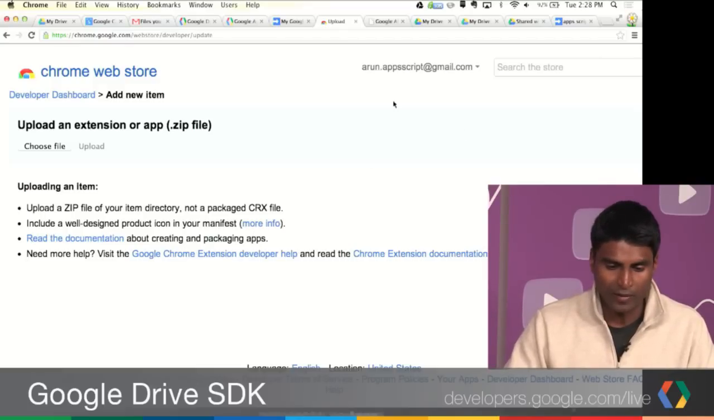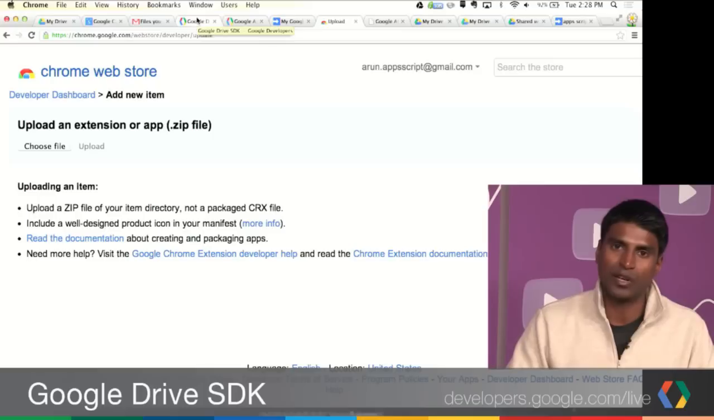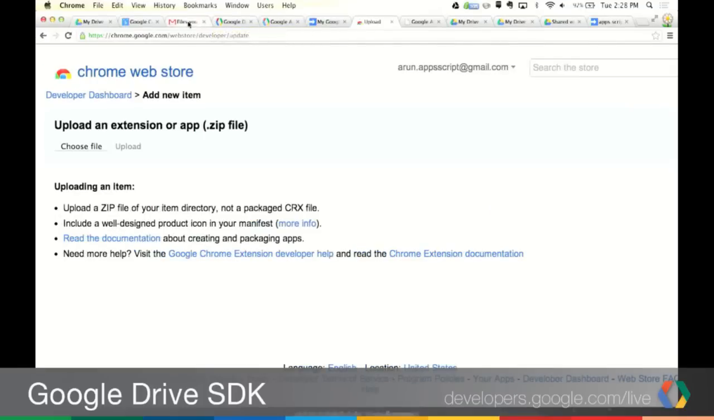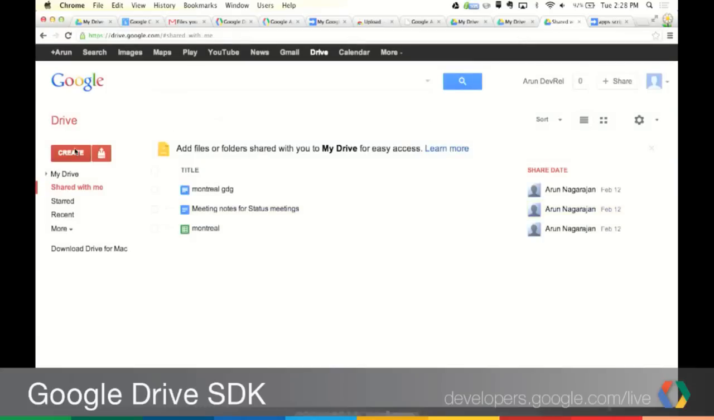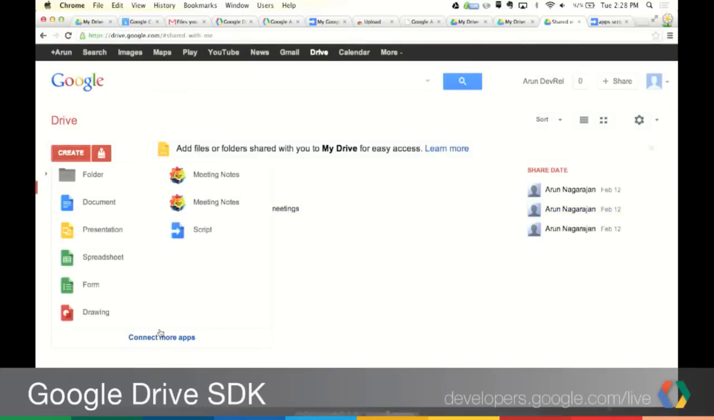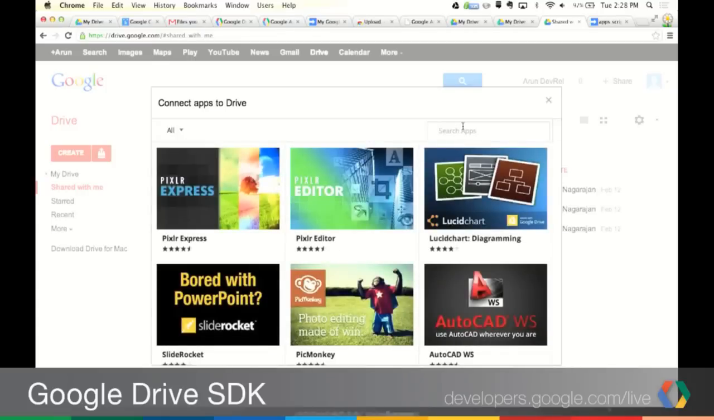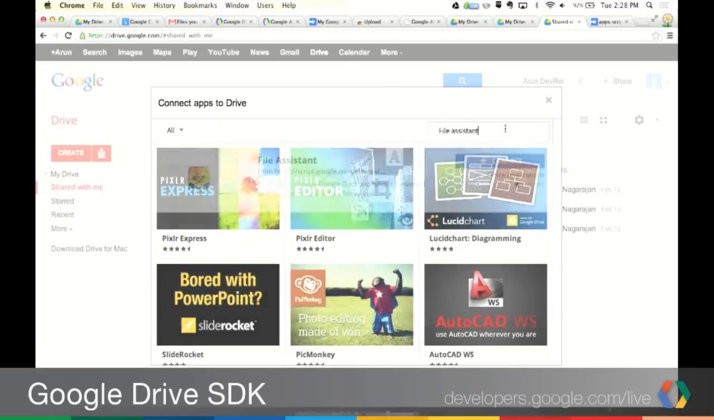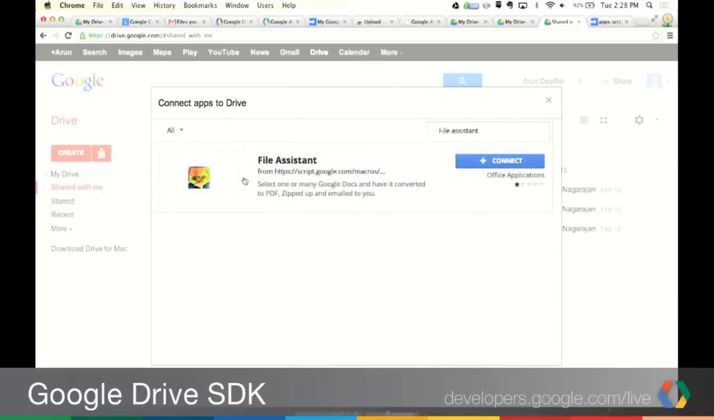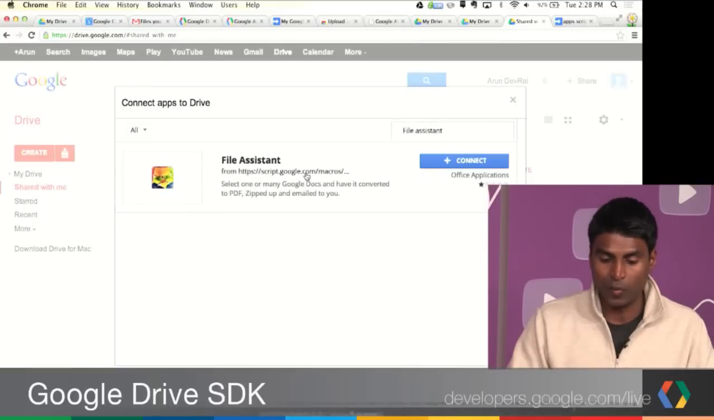And just to complete the set of demos, I had previously published a very simple application that enables you to do what I did with selecting multiple files and sending them as an email. So I'll go back to my Drive and showcase that example. If I go to Create, go to Connect More Apps, this is already submitted and already available for anyone to check out. It's called File Assistant. And you can see that there's a little icon. I've reused the same icon from there, and you can see the URL is a script.google.com URL. So I hit connect,